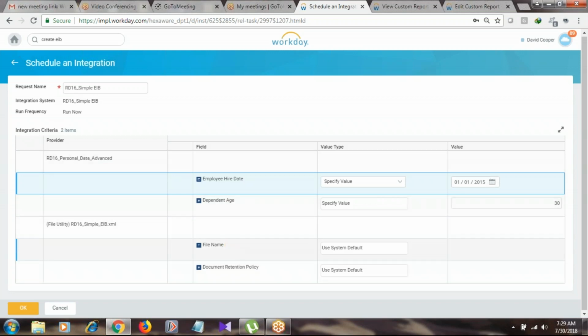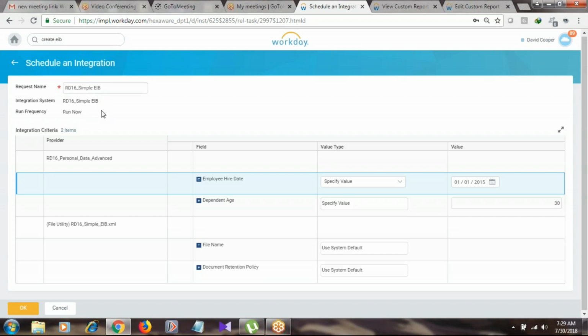Let's see, there are two other fields here: file name and document retention policy. The file name and document retention policy we already chose in the configuration of the EIB, in the delivery section. We have given a file name, that is integration name dot rd16 underscore simple underscore eib dot xml.